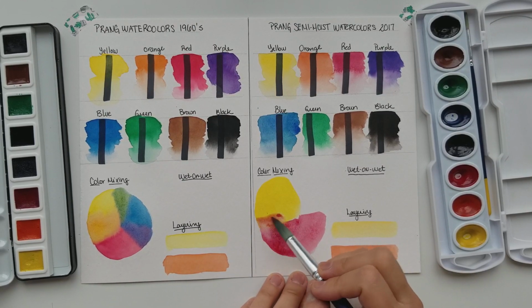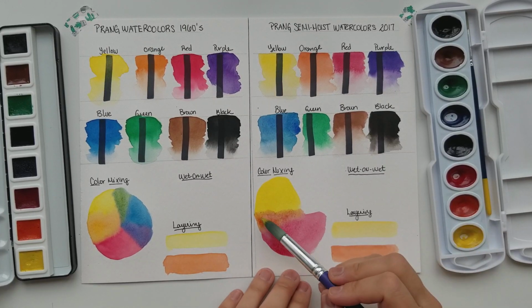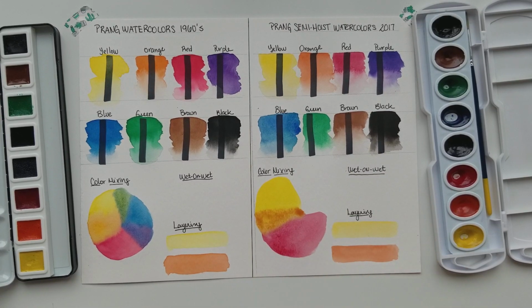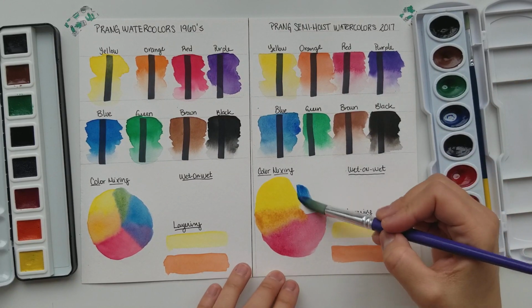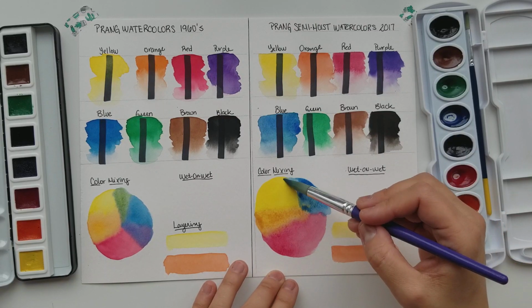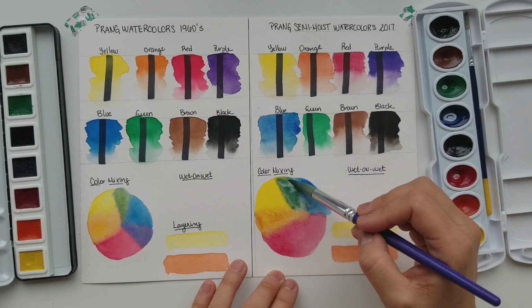You would think they're so old that it would be hard to lift them, but they're not hard to lift at all. So with these new Prang, what I'm finding is that it's just getting a little bit muddier. You see the orange, how it got all muddy, versus the 1960s Prang, where that mix is a lot cleaner. I mean, don't get me wrong, these Prang from 2017 are still good and great for practicing. I've been using them for a couple of years,